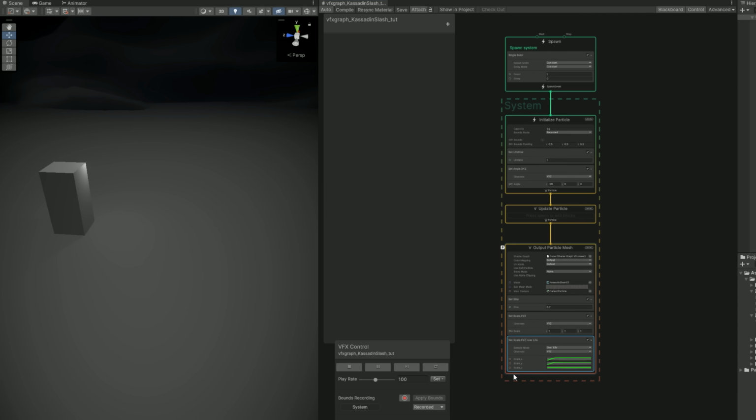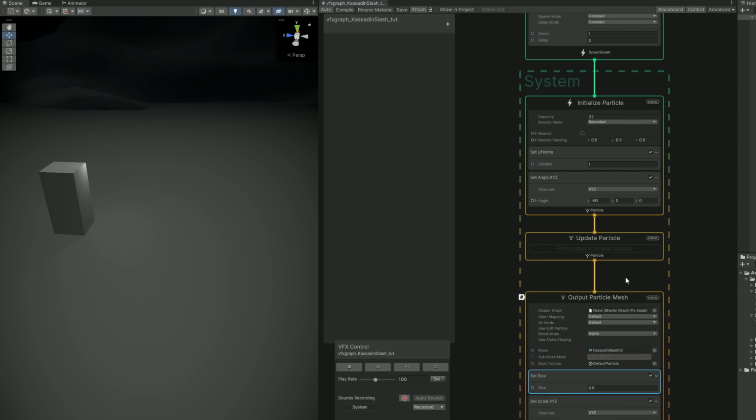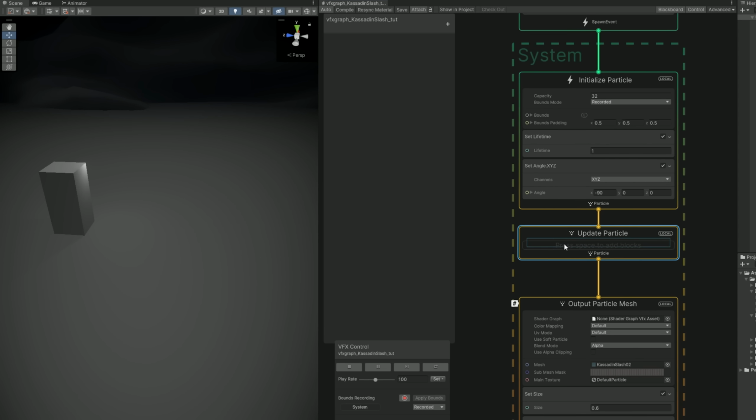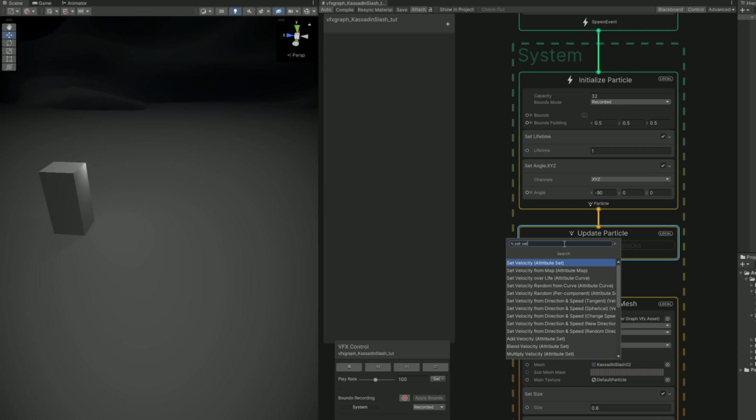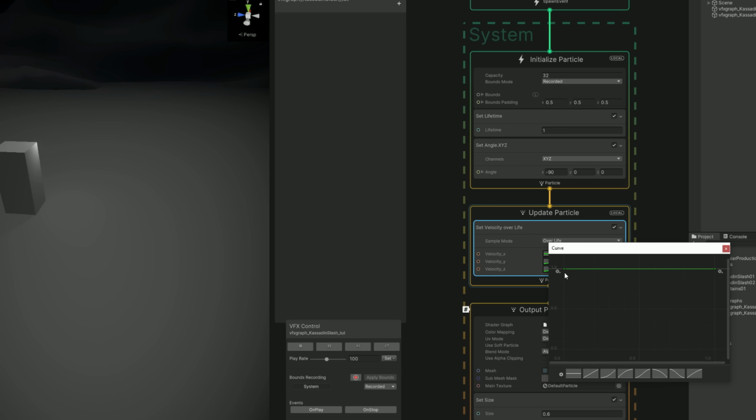And now for the motion, we are going to use the update particle section at the set velocity over life. Once again, each curve controls a different axis, and for the X we can start with the line, but it cannot be 1, otherwise it will move in the X a little bit. So delete the last key, right click on the first key and say the value is 0. Let's do the same thing for the Y,